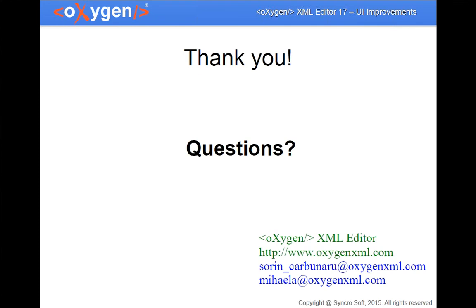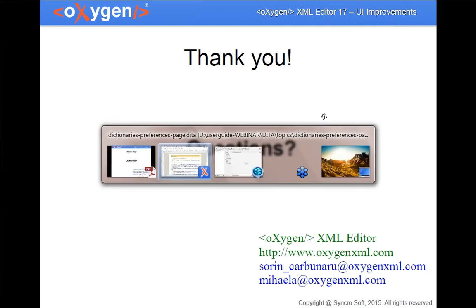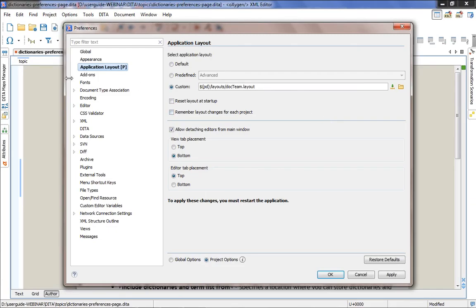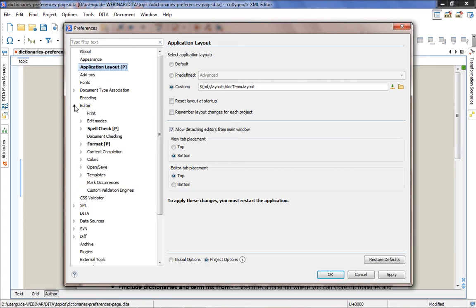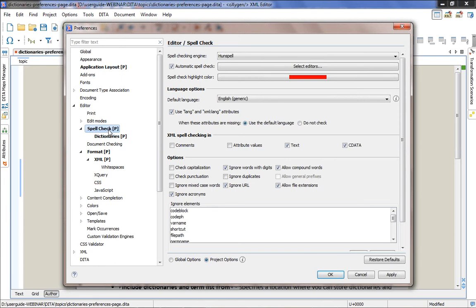And one other thing that is interesting is that while this layout information is stored and shared with the project, so shared with an entire team, also almost any other preference information, any other option can be shared with your team. And maybe Sorin can show us that for the user guide project, we already have the spell checking options and the formatting. So if you click on the spell check page, maybe we can see there that